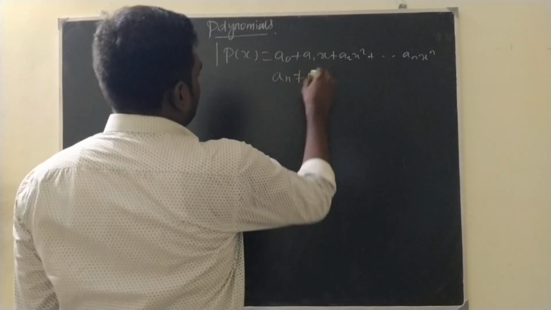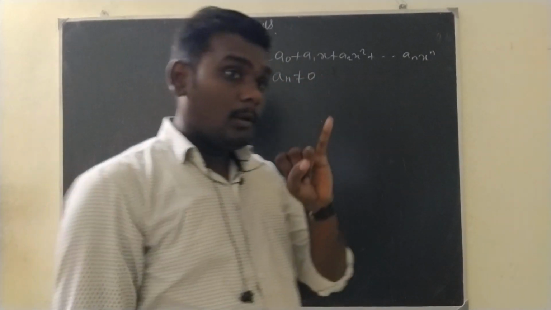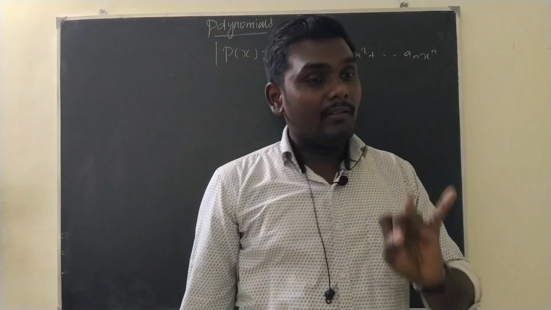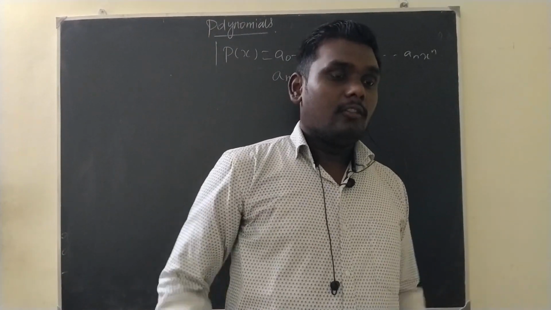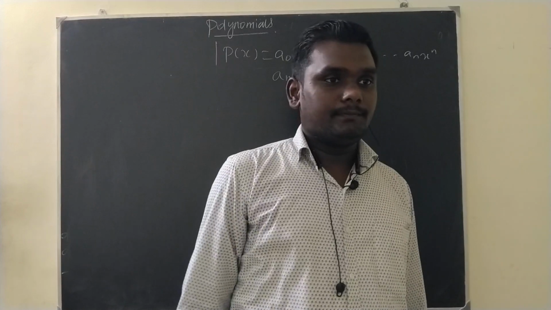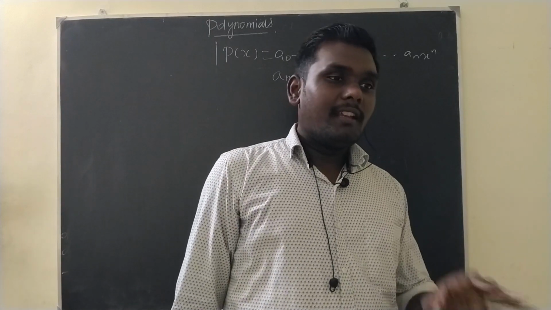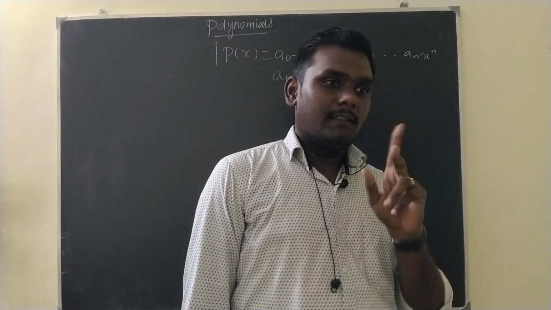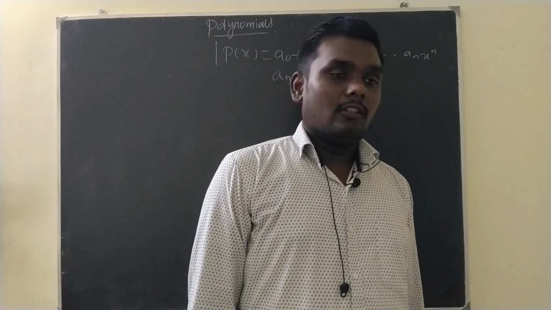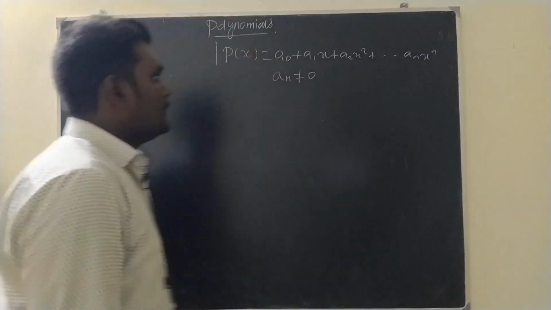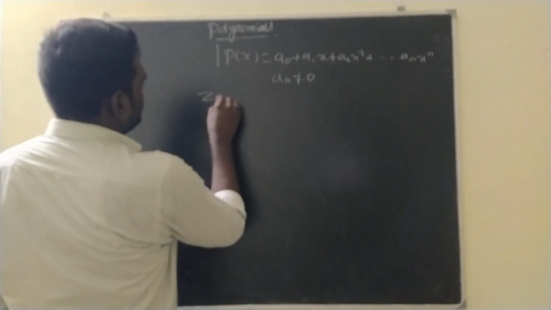No, man. You see, zero polynomial is different. So far we have seen up to degree, right? So based on degree, we define zero polynomial, also constant polynomial. Okay. So zero polynomial